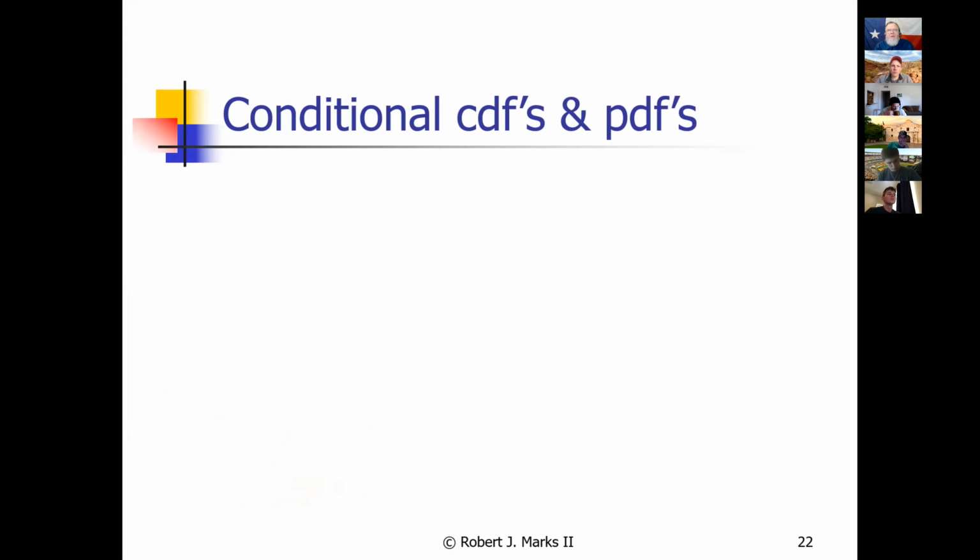Let's go to conditional cumulative distribution functions and PDFs. That is, you are given a x and y, but somebody comes along and says, before, the random variables could appear all over the plane. But I'm telling you that the random variables have to occur within this region. So you're given that the random variables exist in a specific region instead of all over the plane. That gives you more information. So that should allow you to do something interesting.